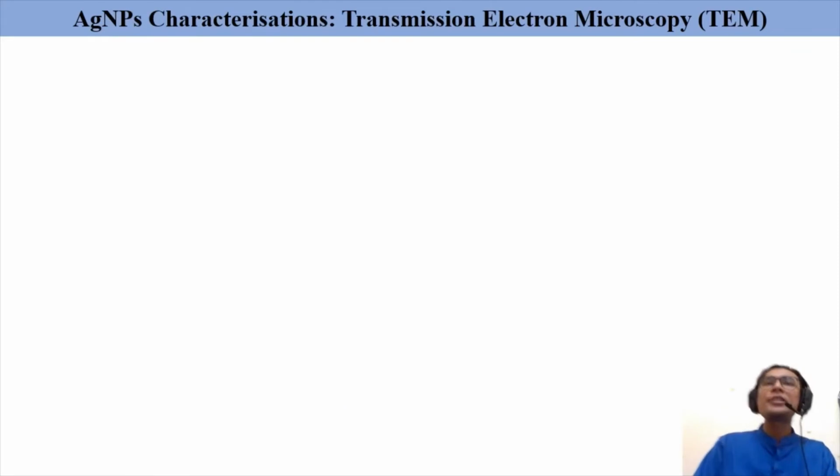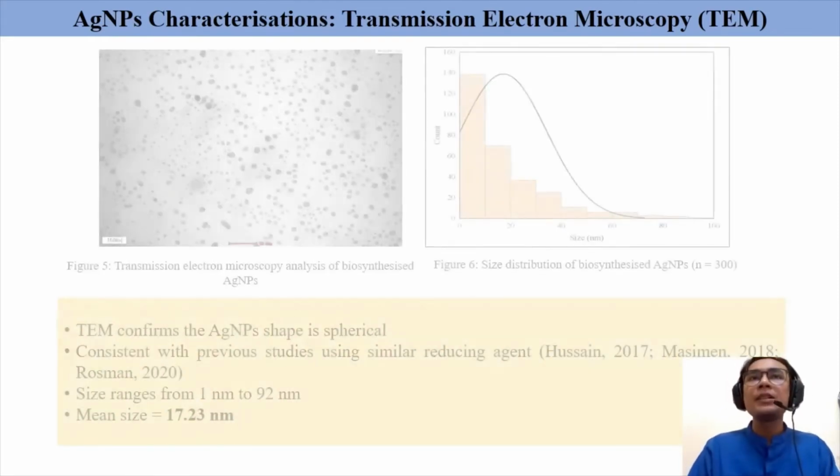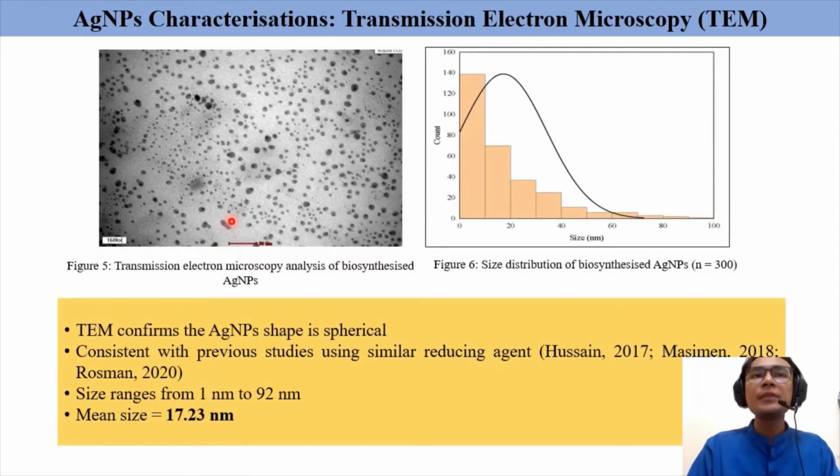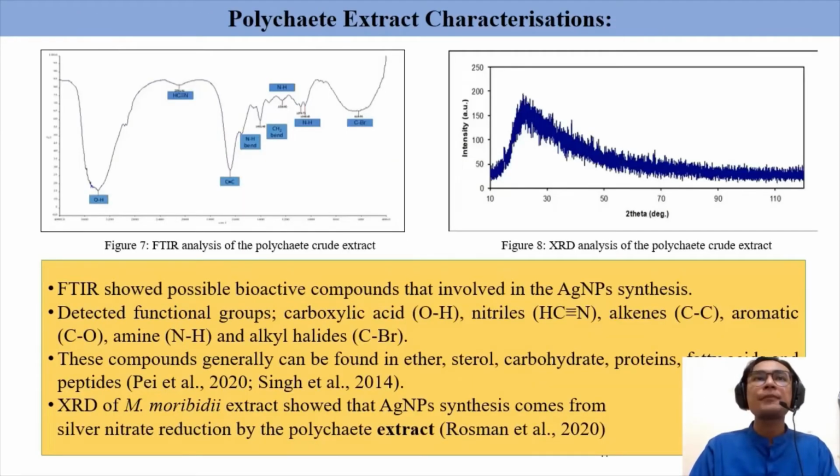So transmission electron microscopy confirmed that the silver nanoparticle shape is indeed spherical, which is consistent with previous studies using a similar reducing agent, and the size ranges from 1 nanometer to 92 nanometers, with a mean size of 17.33 nanometers. And for the polychaete extract characterizations, for the FTIR analysis, Fourier transform infrared analysis,